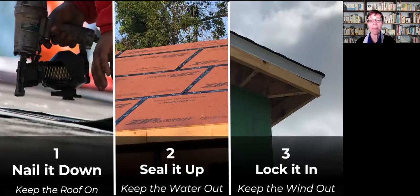There are 3 basic tenets to fortifying a roof. Nailing it down. After the roof covering is completely removed, you re-nail that decking with ring shank nails. There's going to be a picture in a couple of slides that shows you what those are. They're about $100 more than a smooth shank nail for your average size roof, but they double the uplift strength it takes to pull